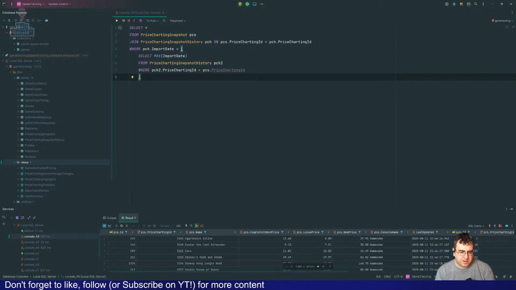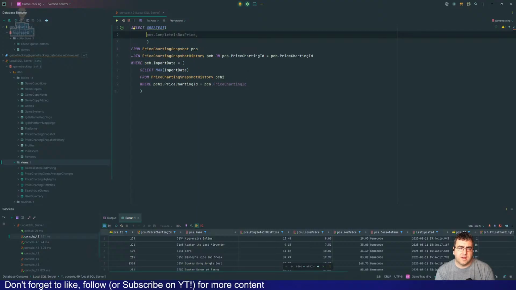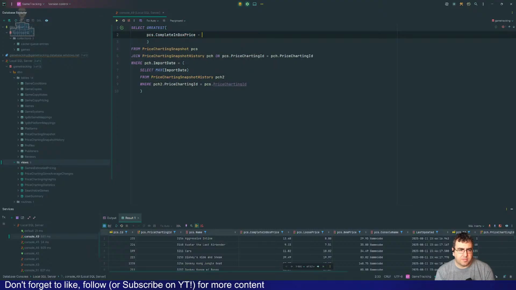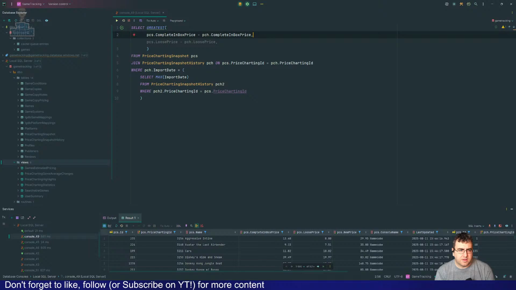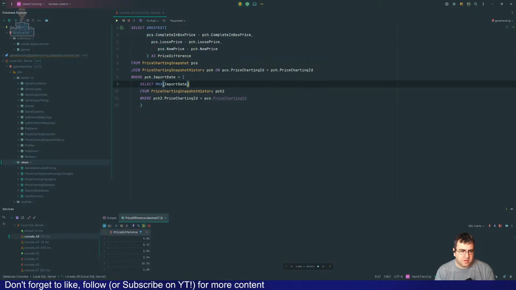So that should give me that, and then we should be able to do greatest, yeah, greatest PCS.complete inbox minus, right as price difference, order by one descending.